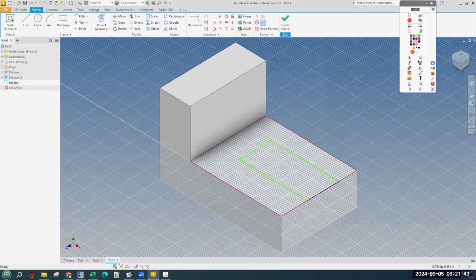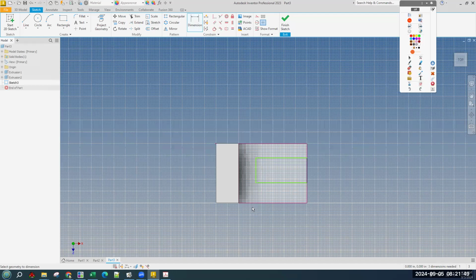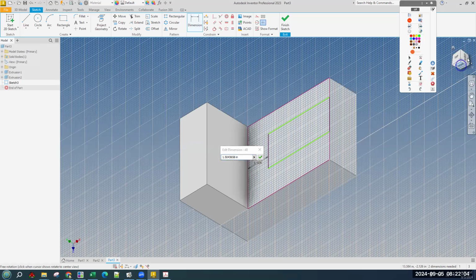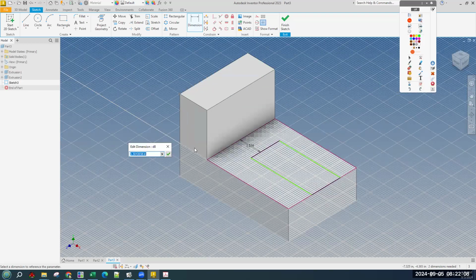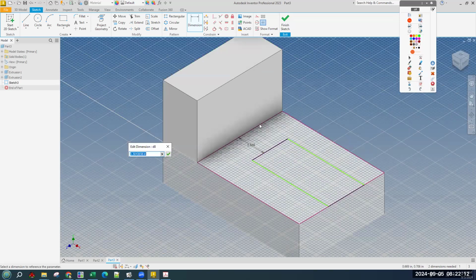Okay, so looking at the top, let's get the dimension tool. First click is going to be on this side of our rectangle, and the second click is going to be on this edge right here, which should have lit up. And when we, again, why does it do that? So maybe this helps, seeing that it's the distance from the side of the rectangle and